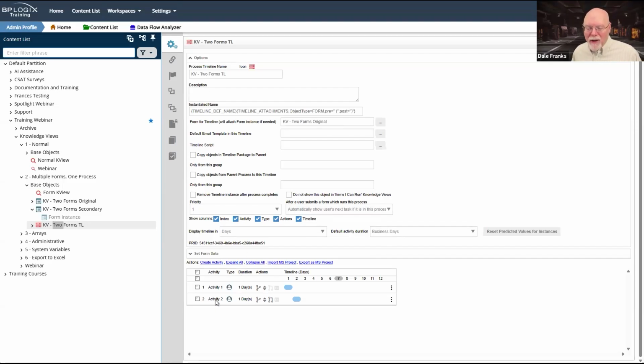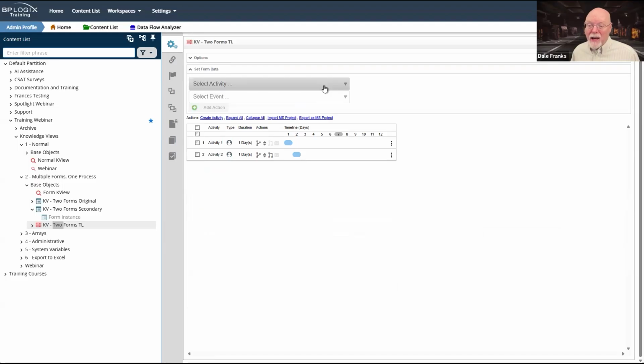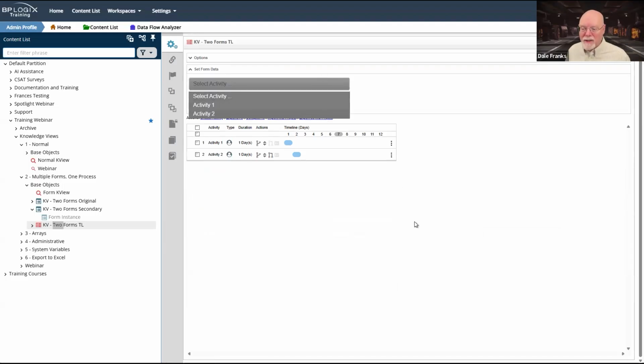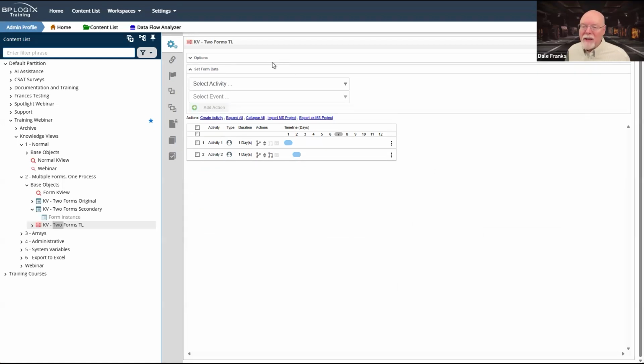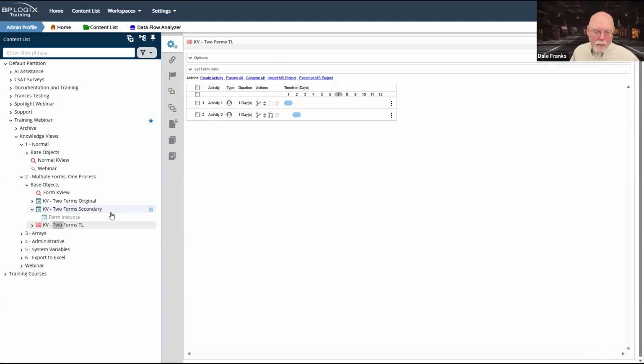I don't have to do it that way. Just as I was able to go on the advanced tab and swap the form out on the fly, I can just set form data right here from the set form data section. I don't actually need that custom task activity to do a set form data. It is built into the timeline definition. But I do find if I come back to the timeline more than a year later, because it's been well over a year since I've looked at any of these in detail, or since I created them.